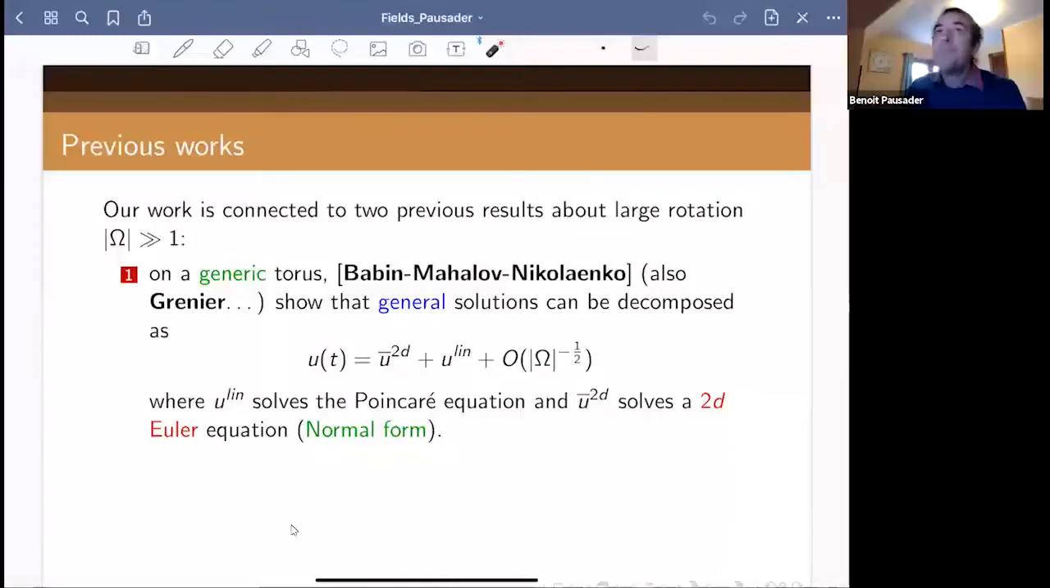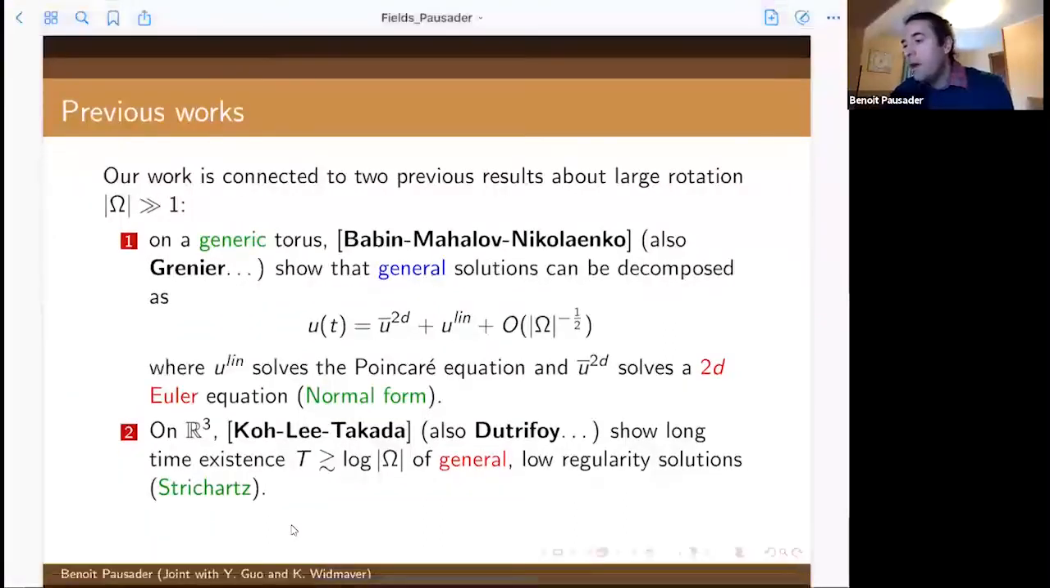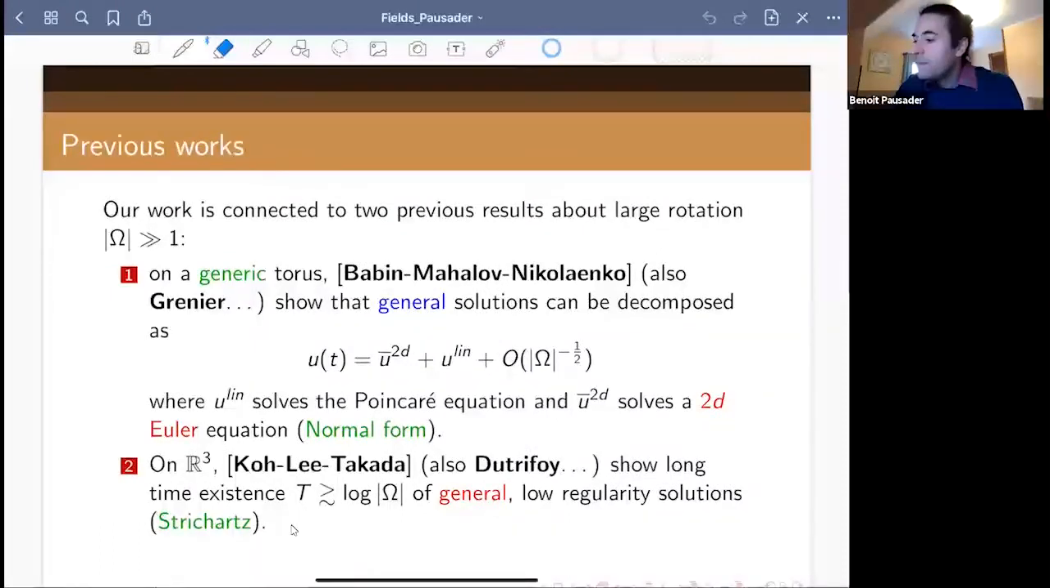All right, and so what I said was that there are two ways that you could be in this situation without boundaries. And in fact, there are two previous important works that are quite connected with what I'm going to talk about. But in both cases, they look at a slightly different scenario, which is the case of fast rotation. The first work is on a